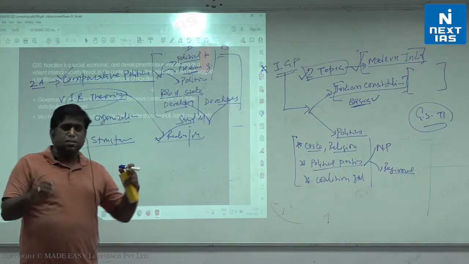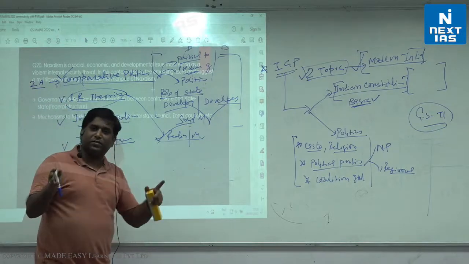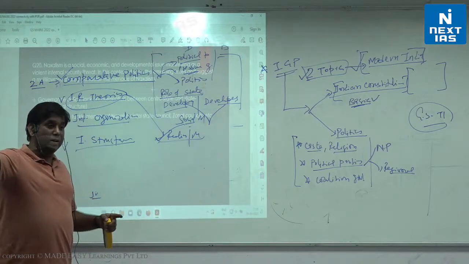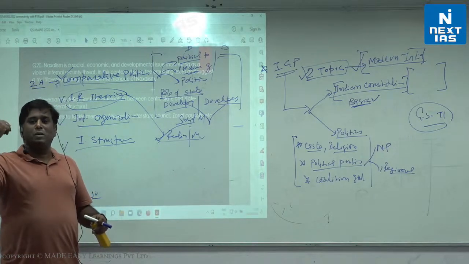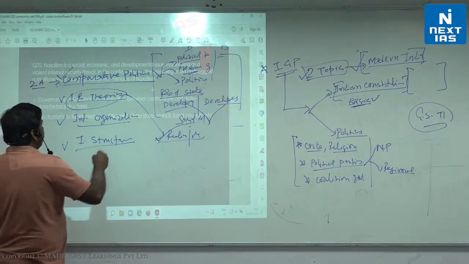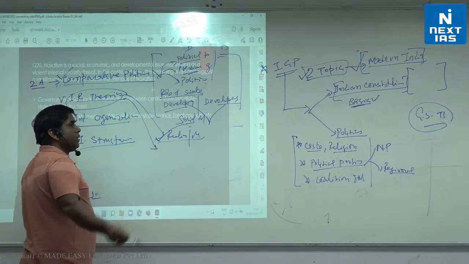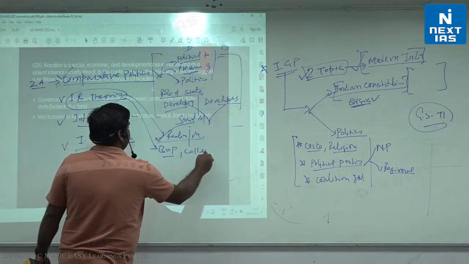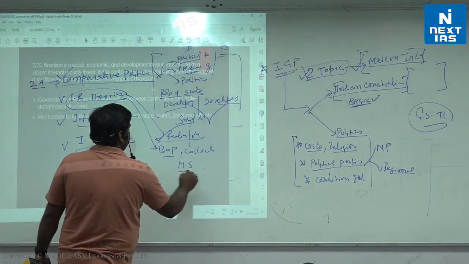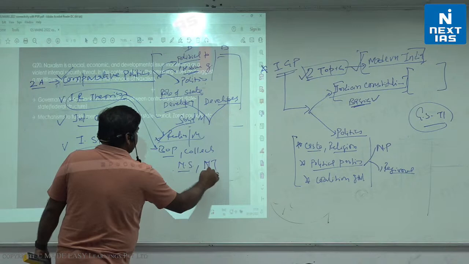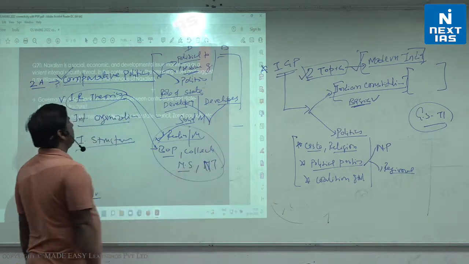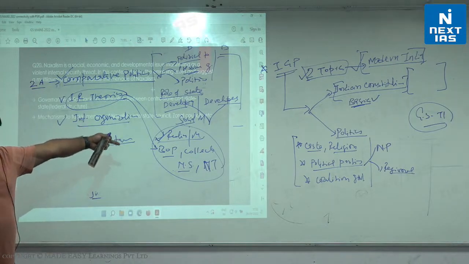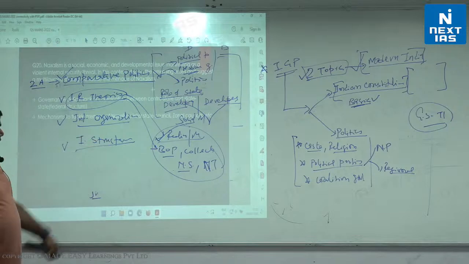So my point is that if you understand these thinkers and ideologies, these theoretical frameworks, you will be able to analyze many things. That won't be just a simple anticipation. In a similar way, we will also study some technical words of IR, like what balance of power is, collective security, national security, then national interest. This is all a very interesting topic. It will help you to broaden your view also, and these are easy to understand and easy to score high.